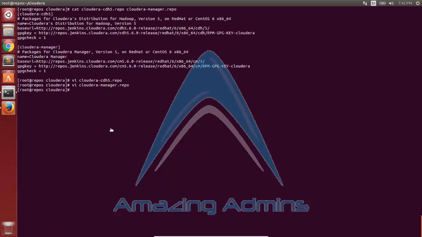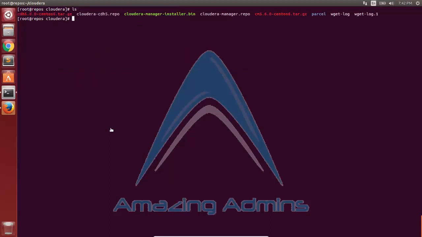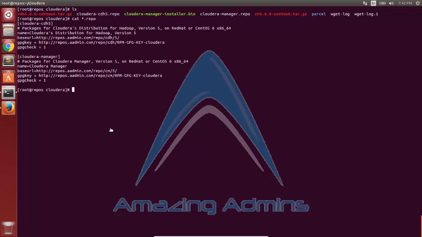I'll save the file again. And you see I've edited both the files here. If I see the content of both the files, that is the Cloudera repo and Cloudera Manager's repo, you can see that I modified both the links, both the files, so that it picks up from my local repository server.